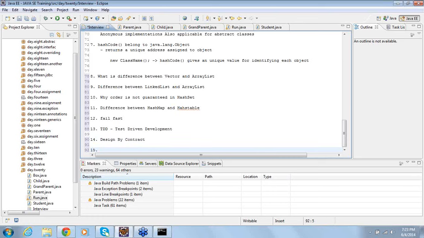And differences between the hash map and hash table, list and vector. Yeah. There is something called initial capacity for some of the collection frameworks, not everyone. Normally I said collection frameworks are all dynamic in size. But for some of them there is something called initial capacity.